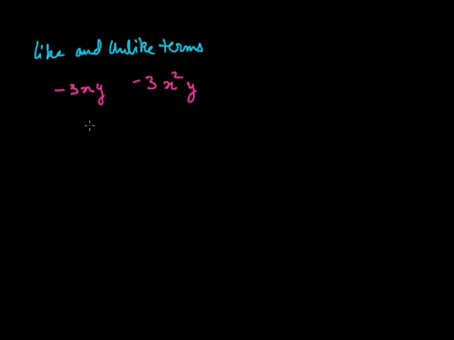In the last lesson, we studied what like and unlike terms are. Let us once more recall how to find whether the given terms are like or unlike. For this, first we should ignore the numerical coefficient. For example, if we are given two terms, minus 3xy and minus 3x square y, then